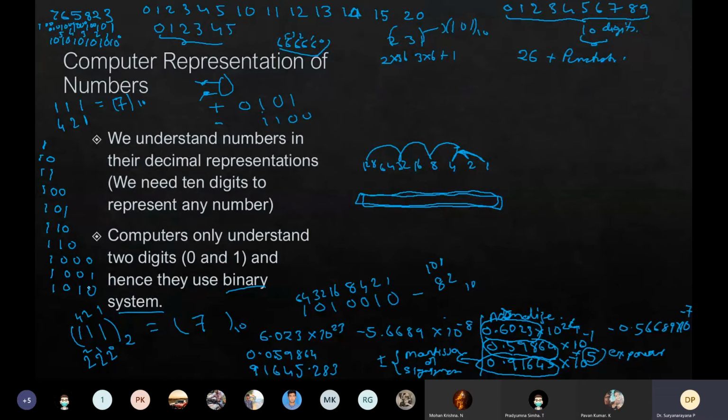I think this is where I stopped in the morning, close to here. As convenient as this looks, this is only good for integers, right? This is only good for integers. What about the floating point numbers? What about real numbers?